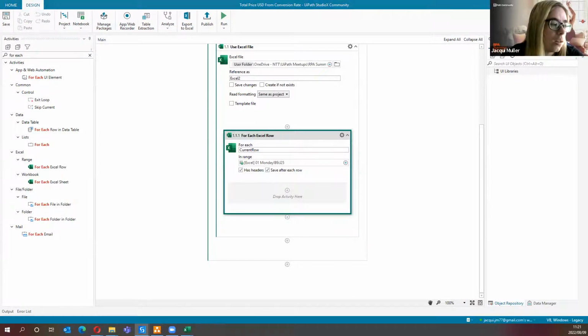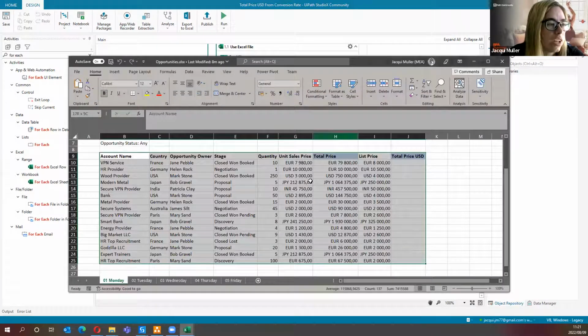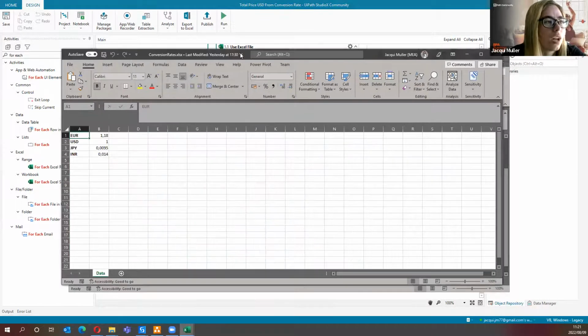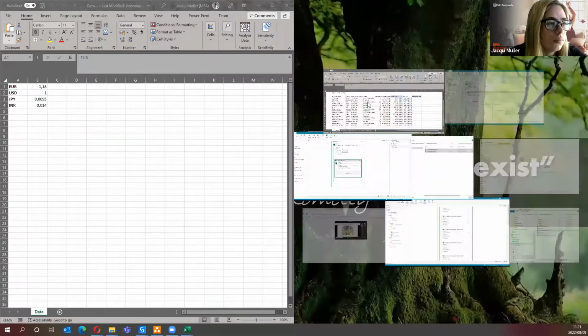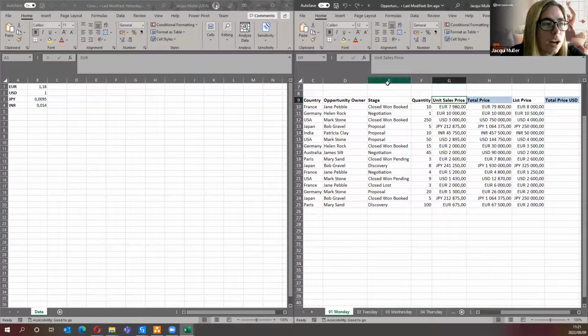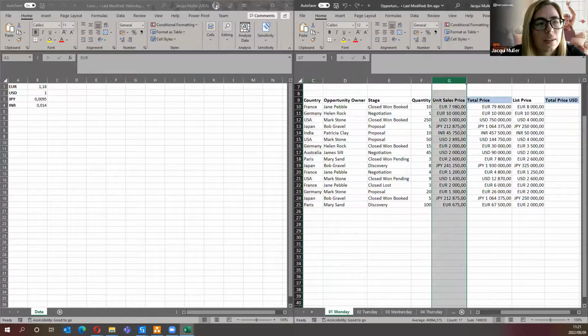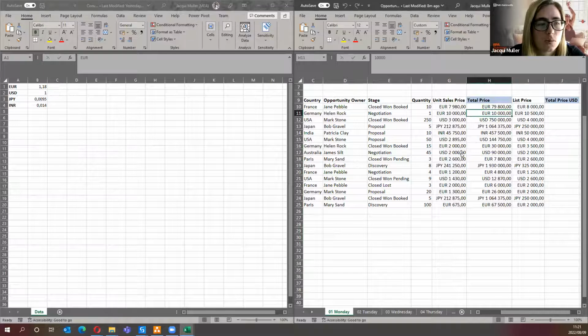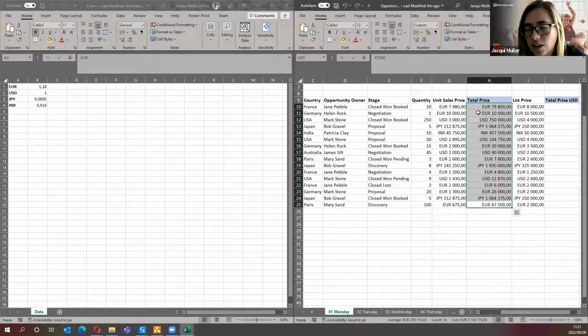If we look at how we're going to calculate this conversion rate, we can see that the conversion rate is very much based off of the currency that we're currently using. Now, how do we tell which currency we're using? We can either look at the country, or the unit price, or the unit sales price, or the total price. It doesn't really matter which one of the two because they stay more or less the same. Inside here, you'll see that they show you which currency you're estimating towards,